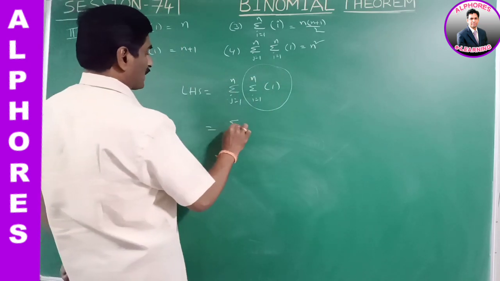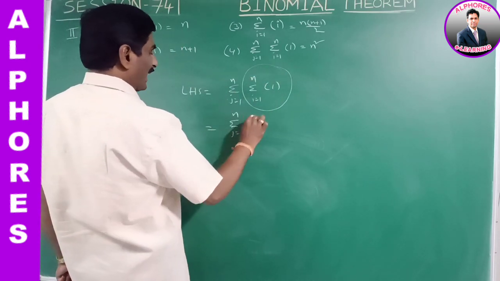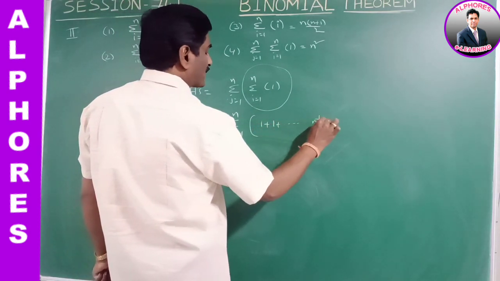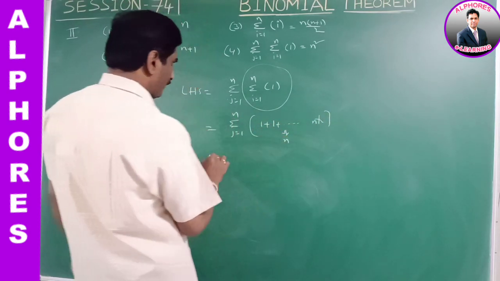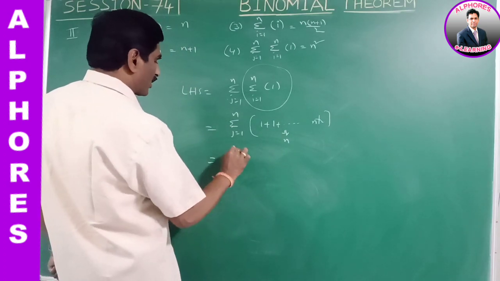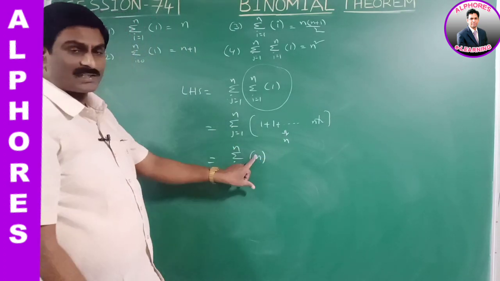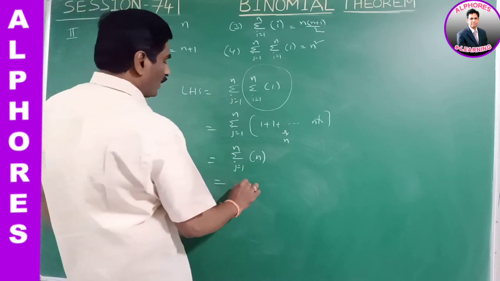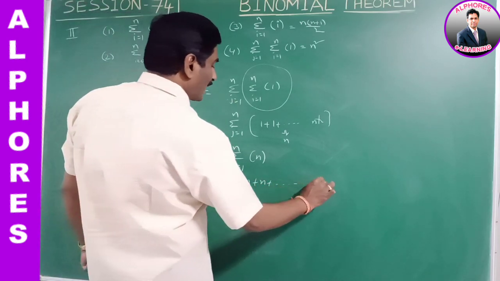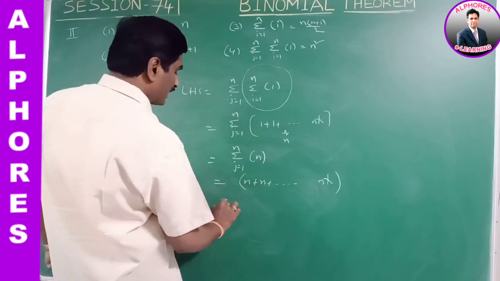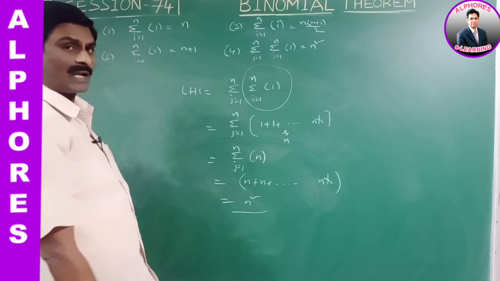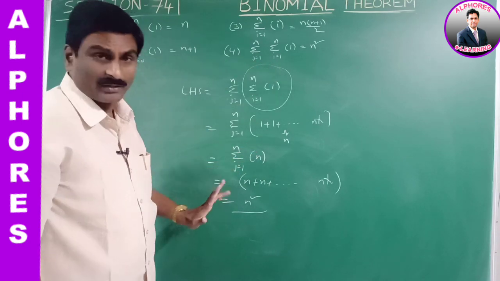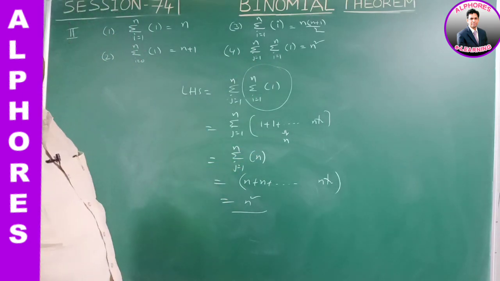That means it is equal to sigma of j equals 1 to n. What is this value? 1 plus 1 plus 1 and so on, n times. This result is nothing but n. Sigma j equals 1 to n of n. Here n is also a constant. How many terms appeared? 1 to n, that means n times. That is n plus n plus n and so on, n times. What is the result? n square. First I expand this summation of the series. Next, the second value. Please note this value.